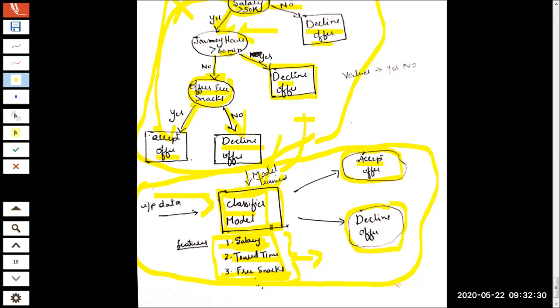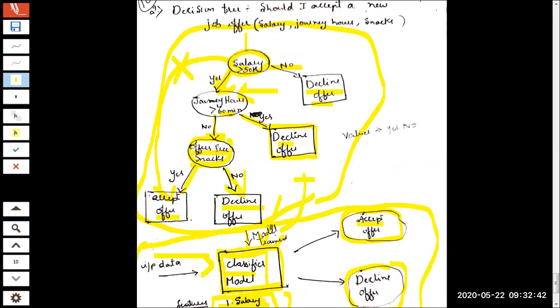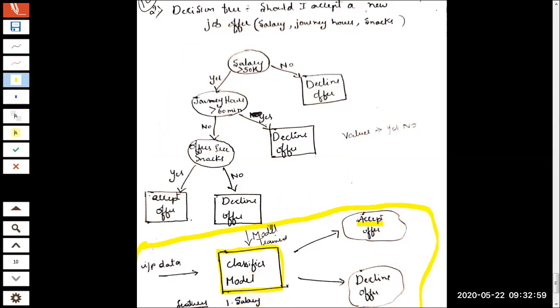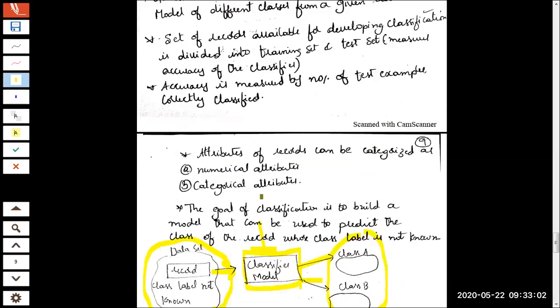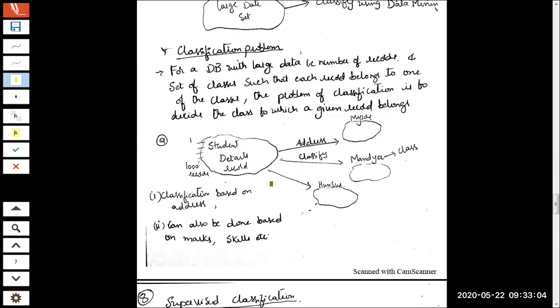The answer to this question was already discussed in the previous session, if you remember. Once you are done with the training, you will not directly launch the classifier for real-time data. We do something called testing. Do you remember in the previous session we had given an example? What do you mean by testing? Testing is you will take a sample record for which the class is already known. I'll go back to the same example so that you can remember.